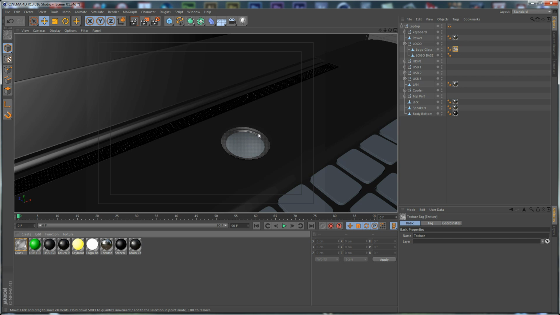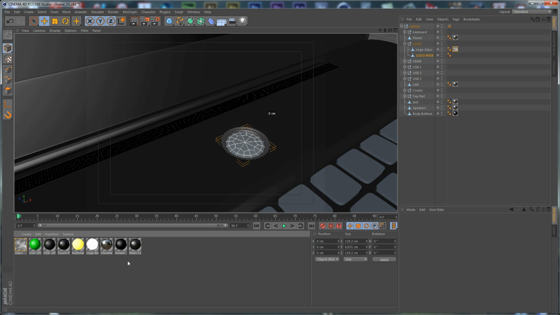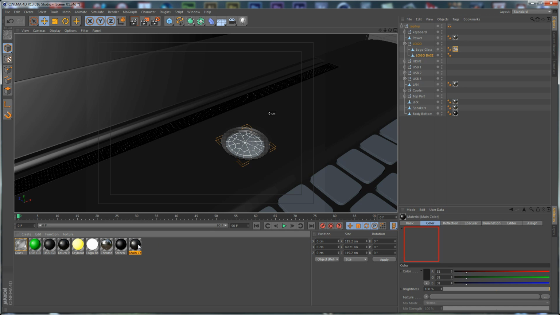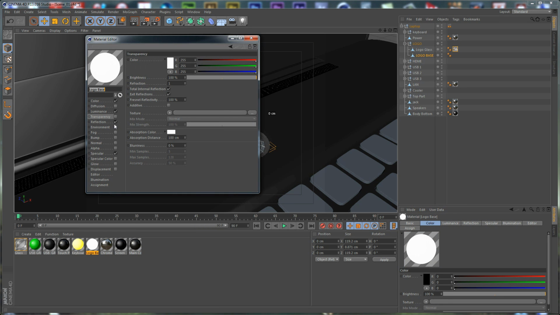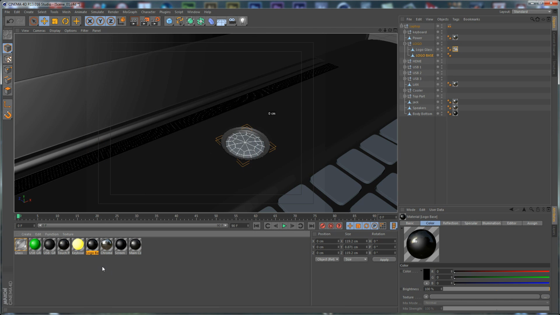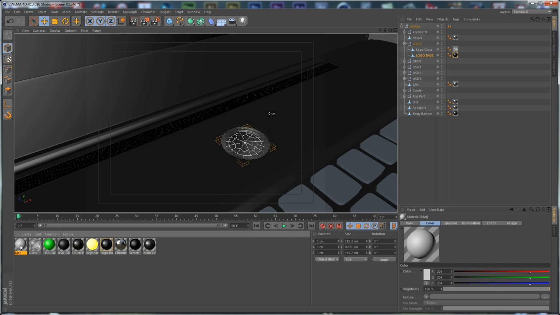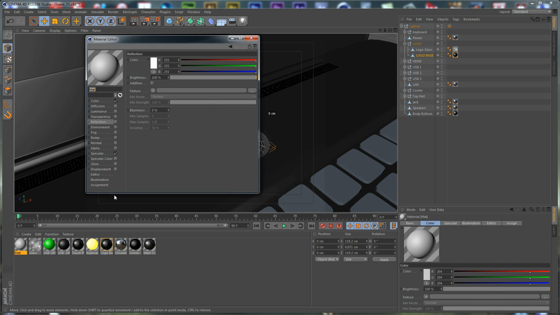Let's apply it here, and let's go to the logo base, and let's see, we have this, which is our logo, and let's disable the luminance, set the reflection to 20, and we are going to apply this here, and let's double click to create another material, and we are going to